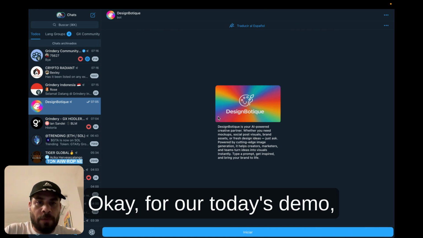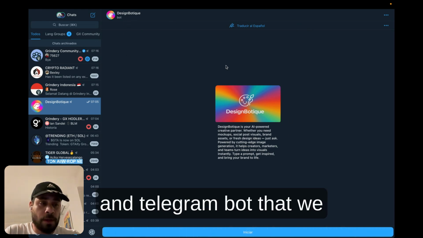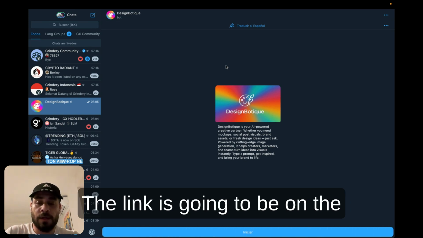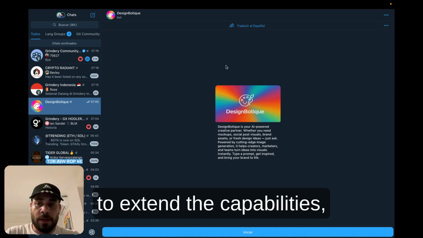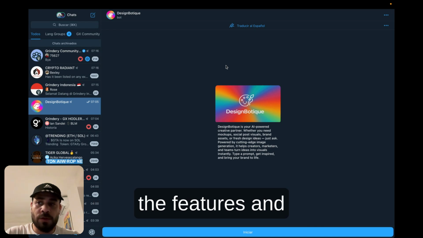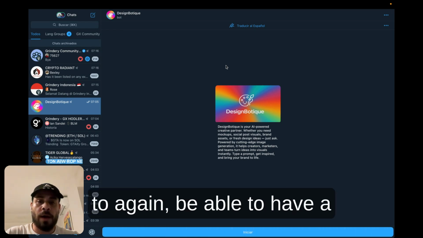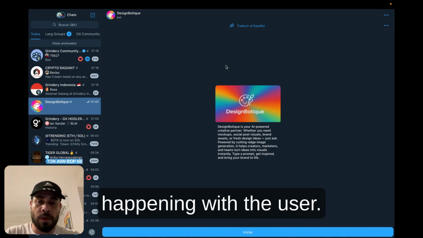Okay, for our today's demo, we're going to use the agent and Telegram bot that we created in our previous video, which is the Design Boutique. The link is going to be in the description. And we're going to extend the capabilities, the features and functionalities of the agent to, again, be able to have a bit more control over the logic and over what's happening with the user.